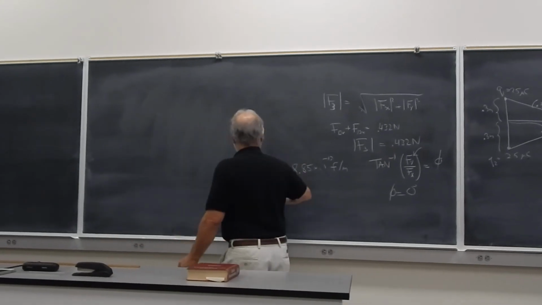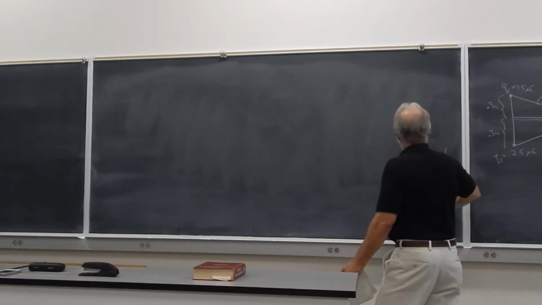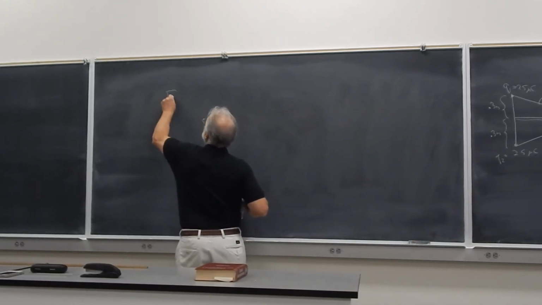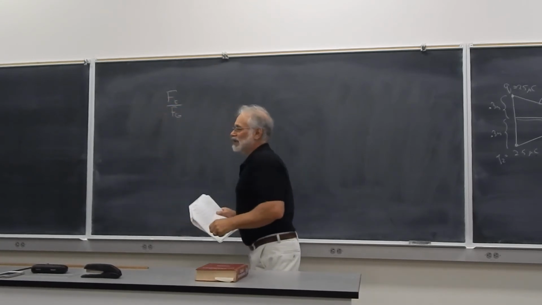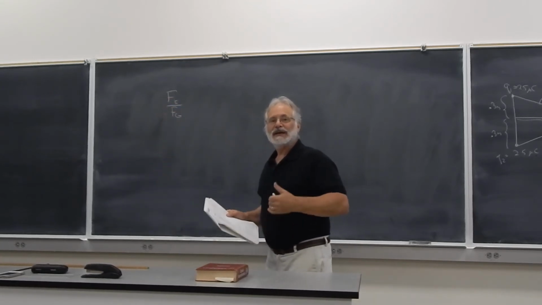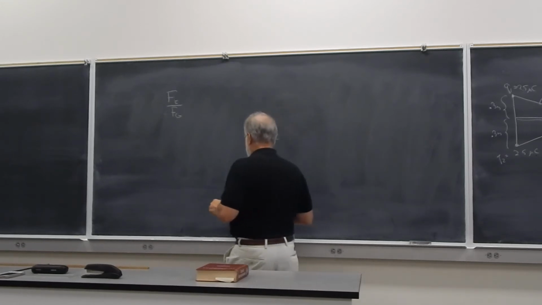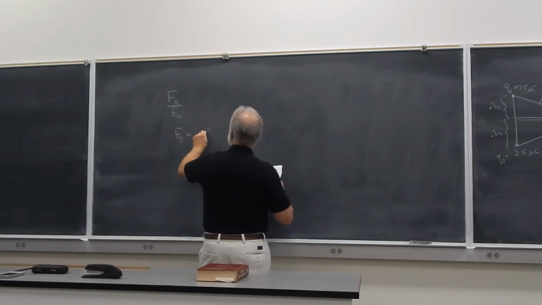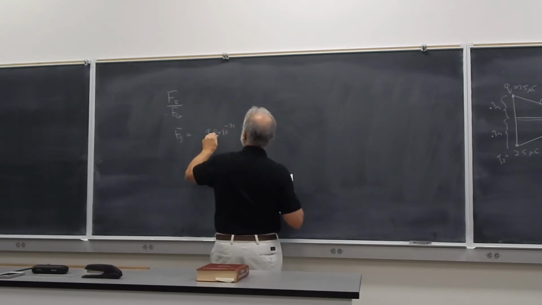Another nice example, let's compute the ratio of the electrostatic force to the gravitational force between a proton and an electron. Okay? Well, the gravitational force between a proton and electron is mass of the electron, 10 to the minus 31